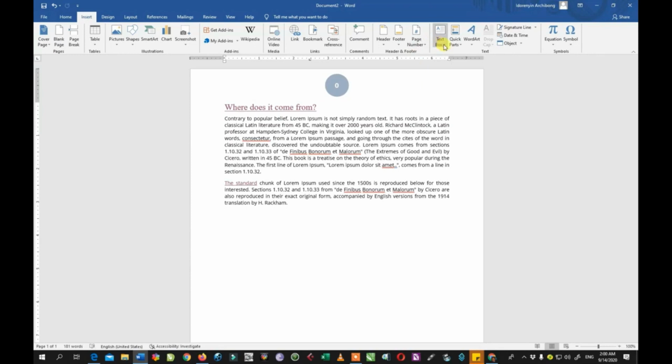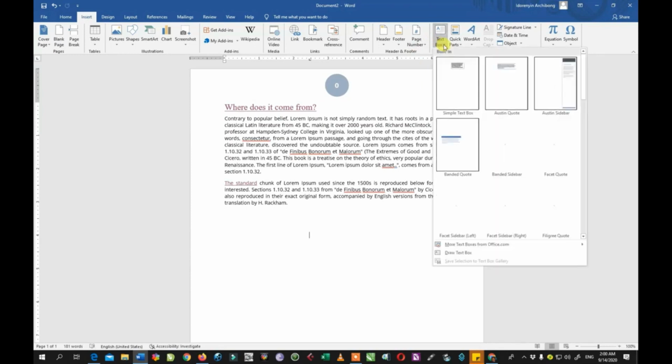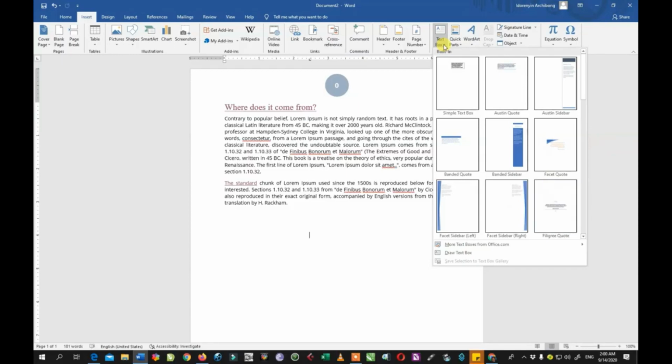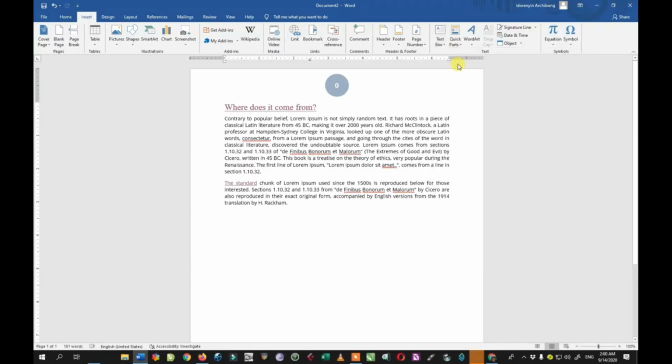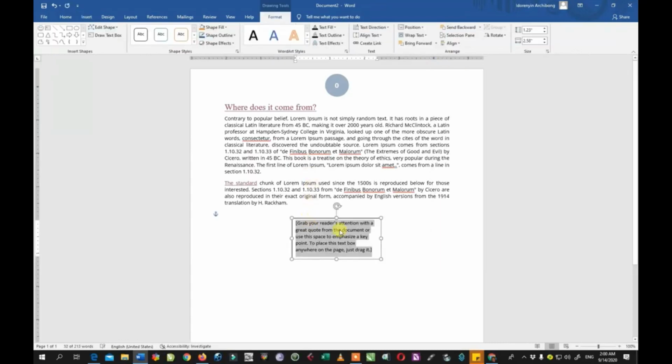The next thing here is the text box. The text box allows you to place your text anywhere you want in your document. It is flexible, it is easy. You can even use it to write a text on top of another object, be it an image or just any shape. So we can click on the text box, then we type